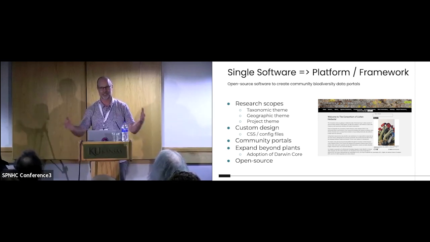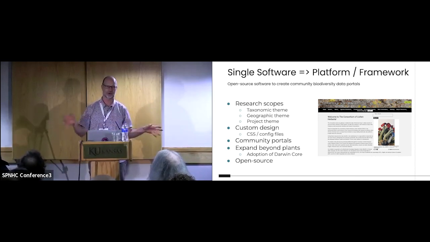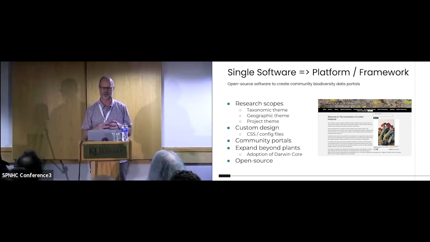A project that contains a bunch of different collections could download the software, load data in there from multiple collections, modify configuration files and CSS files, and it will establish a collaborative portal where you could do your digitization,